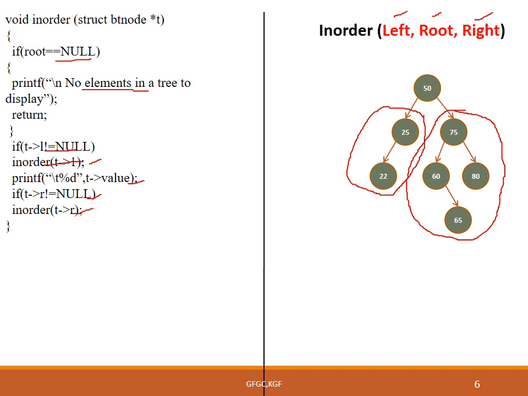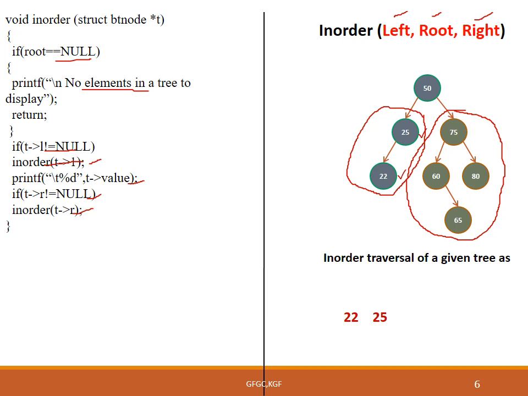Let us take an example of a binary tree and see how in-order traversal works. In in-order traversing, first it will visit the left child node, then the root, and then the right child. So the left subtree is first visited in order, then the root, later the right subtree is visited in order, recursively. So first, to the leftmost of this binary tree we have 25. So 25 is visited and traversed. So the left subtree is over.